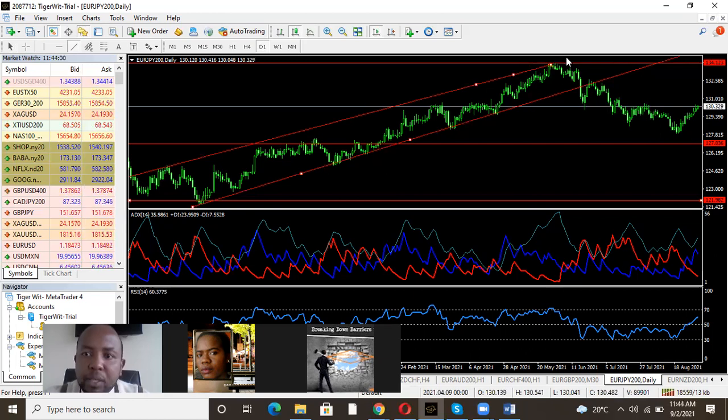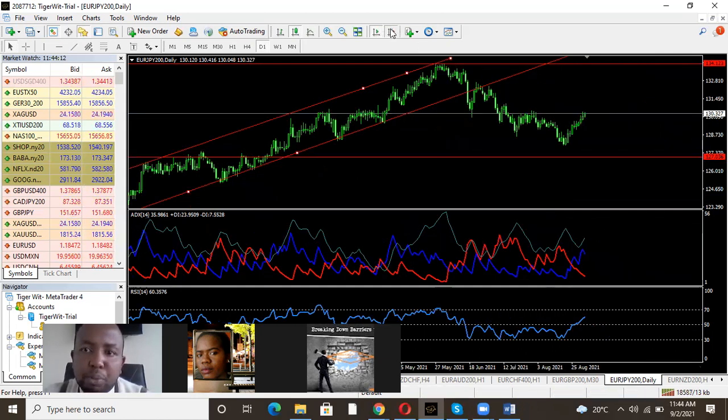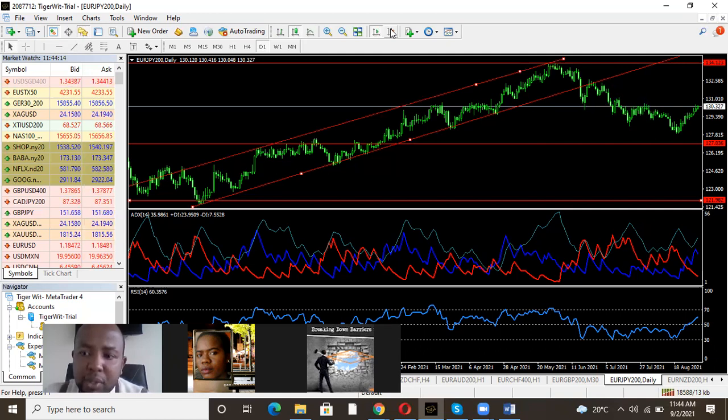The euro is strong because of the eurozone around there. Yeah, I think that's good. That's very good. This is on the Euro Yen daily chart. So it seems to be really gaining, because now you can even see on the oscillator and the RSI, we are really moving up, because now demand is high on the eurozone because people want to go back to work. There's a hybrid model, vaccines are working, and things like that. So this is on the Euro Yen.